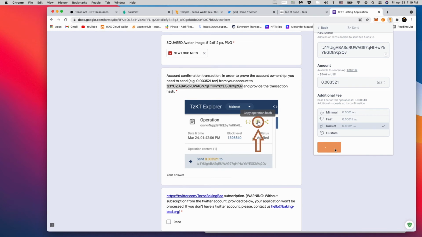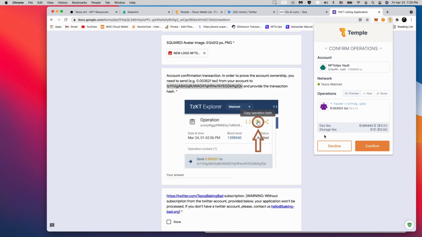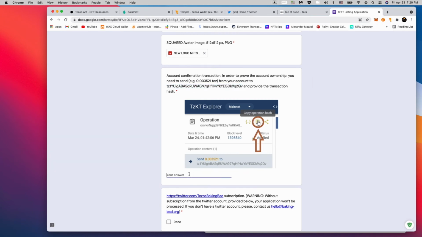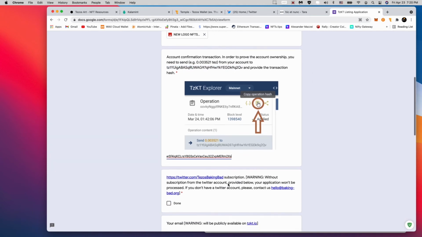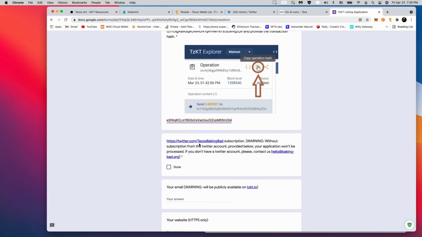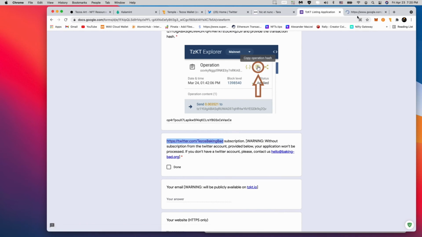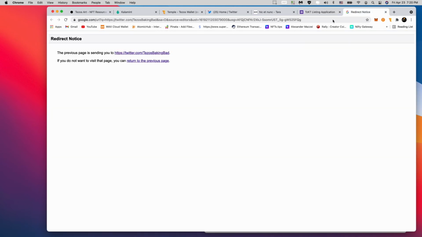Now this is what's going to give you access to this thing, and then you're going to take the hash key, confirm, and you're going to put your hashtag inside here. So this is the hash, copy, you're going to put that right here, Command V. So next we have to go and follow this guy. Alright, I don't know how I feel about that, but it is what it is. These are